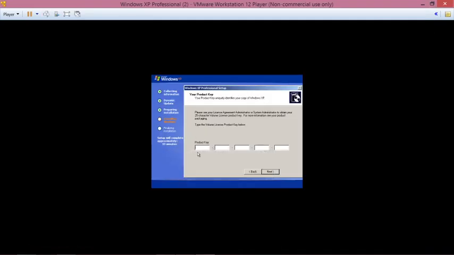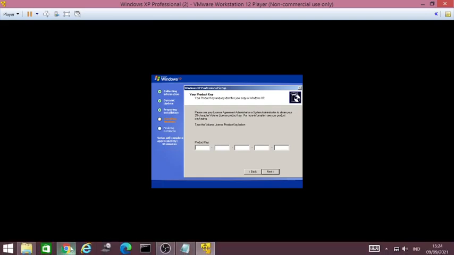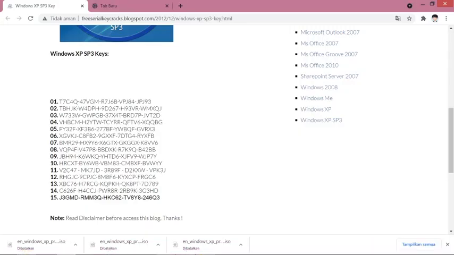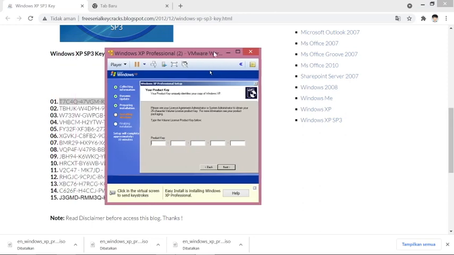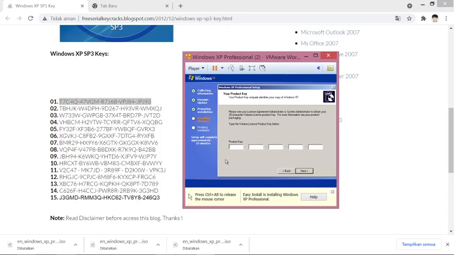Now it's time to enter the product key. Open the web page that I just told you and try one by one, but you can use the first keys to this product. So type